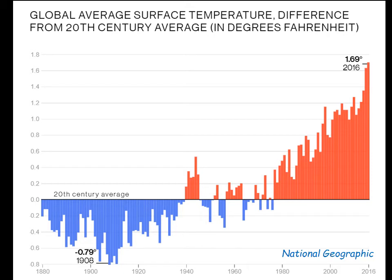All right, so I like visuals, and I think I've told you all National Geographic is my favorite magazine of all time. They had a really neat article with some great visuals to help us conceptualize what climate change is doing. In this graph, they looked at every year from 1880 to 2016. They have the average of the 20th century right there at that 0 bar on the y-axis. And then they plotted how far each year was below or above that average. The ones that were below the average, of course, are in blue. The ones that are above the average are in red. And this is the kind of thing you can show to a 4-year-old and they'll tell you what's going on,